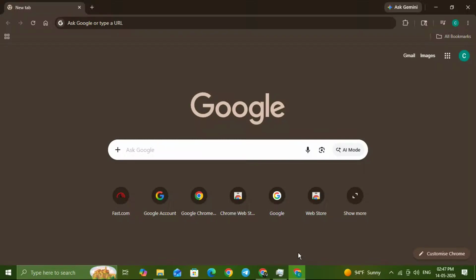If Google Chrome is showing a black screen on Windows 10, don't worry, because in this video I'm going to walk you through several simple fixes step by step. This is a common issue, and it can happen because of a temporary browser glitch, a graphics setting, a bad extension, or even a compatibility problem in Windows. The good news is that most of the time you can solve it without reinstalling Chrome or making any complicated